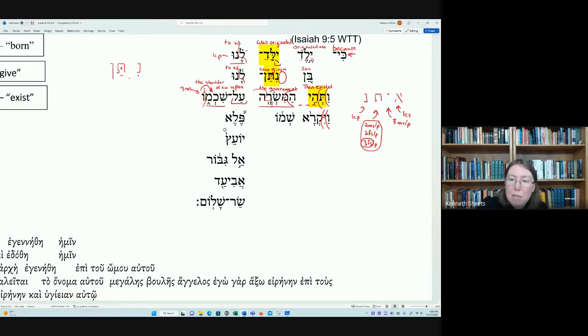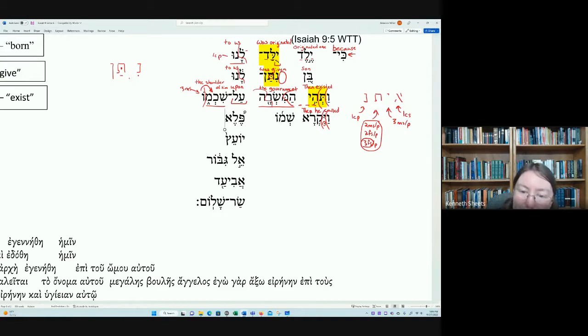So again, the hireq underneath the imperfect preformative tells me that this is a qal. It's imperfect. The yod tells me it's third masculine. No U class vowel, so I know it's singular. From the verb kara, which is the idea of to call. So then he called